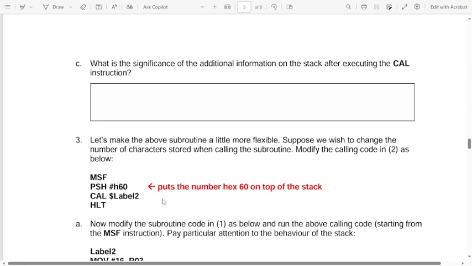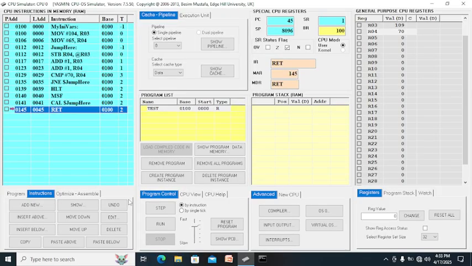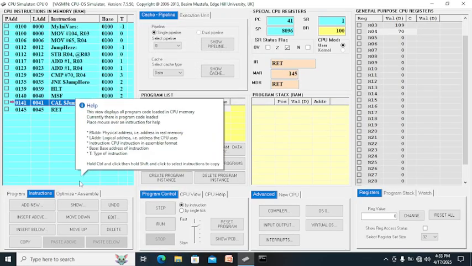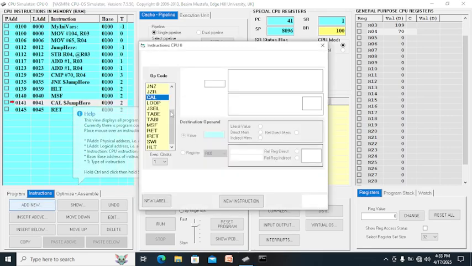Okay, now after that you are going to put the number 60 on top of the stack. So after MSF you are going to put 60. Remember this, after MSF you are going to put 60, push.